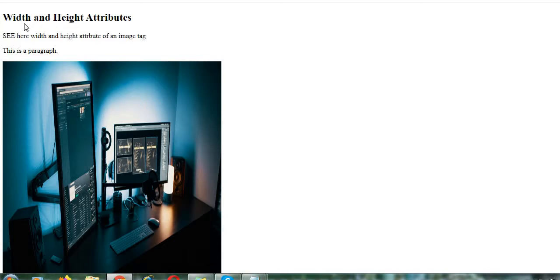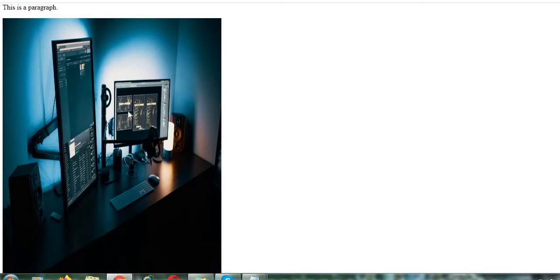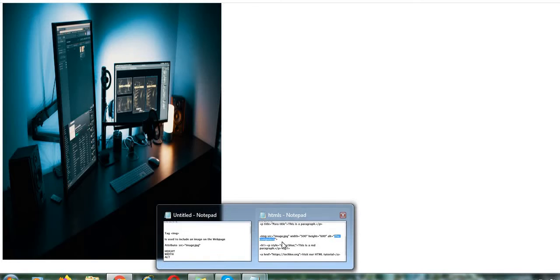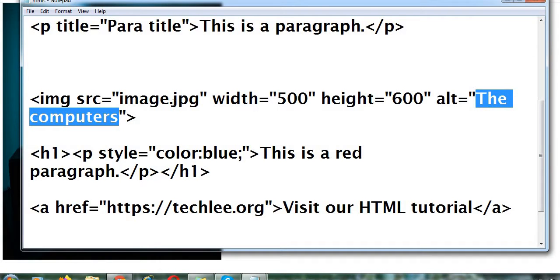You can see this is a paragraph, and after that you can see this image. This image is already saved in the same folder and now it's included in the web page, so that is why it's showing. Now we will go ahead and use the alt attribute here.